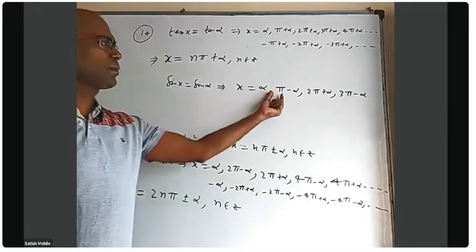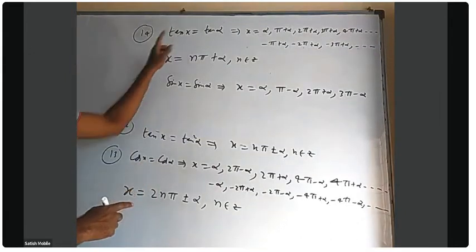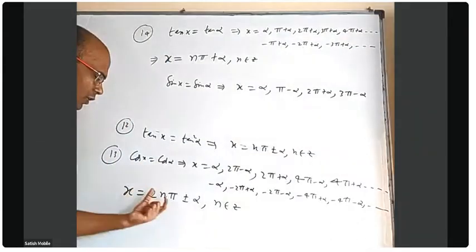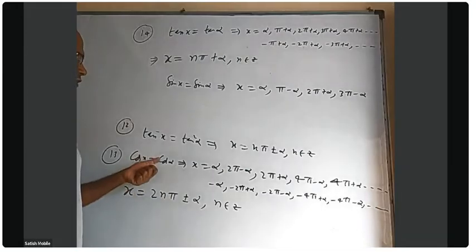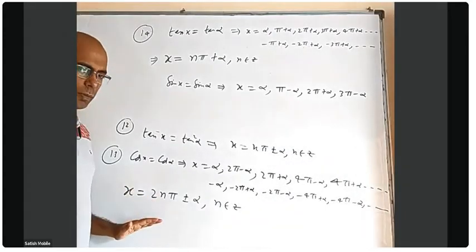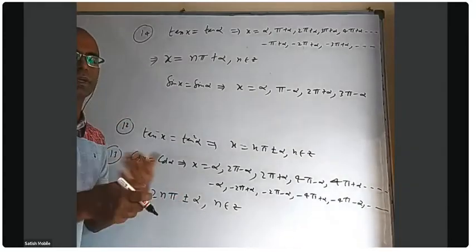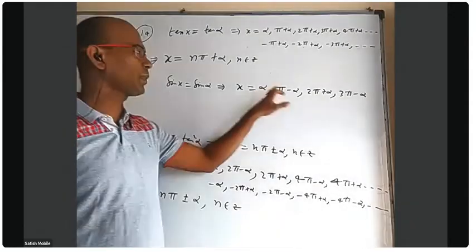First of all, it should be a multiple of pi only. Either you take cos x equal to cos alpha, or tan x equal to tan alpha, or sin x equal to sin alpha, here you should get a multiple of pi. It cannot be an odd multiple of pi by 2 because then cos x will become sin alpha. Whether it's an even multiple of pi or an odd multiple of pi, plus here, minus here, that depends on some function. But it has to be a multiple of pi. So alpha, pi minus alpha.